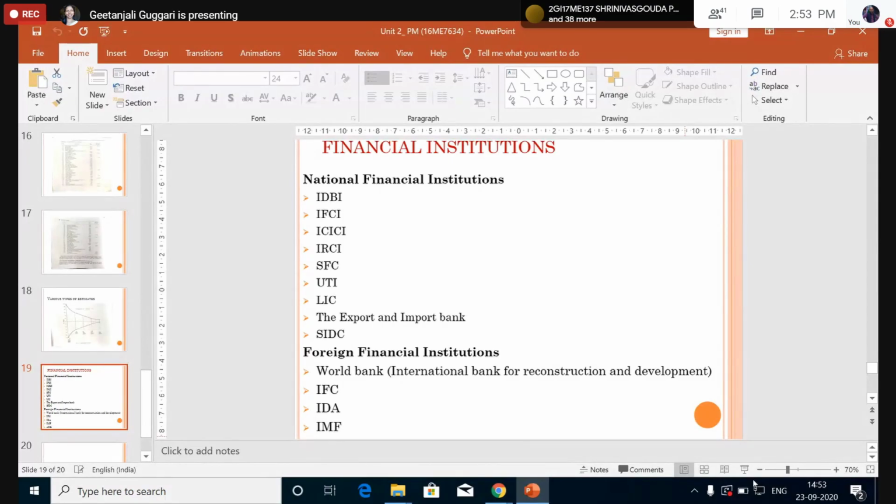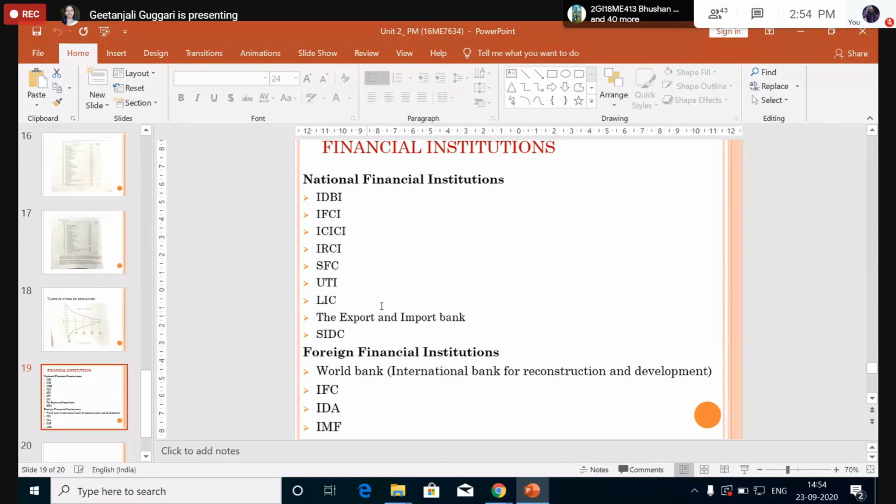So this is the principal financial institution of India, which coordinates the activities of the other financial institutions and supplements their resources to plan and promote the industry. You should know the list of the financial institutions which are helping, or from where you are taking the loan to complete your project.